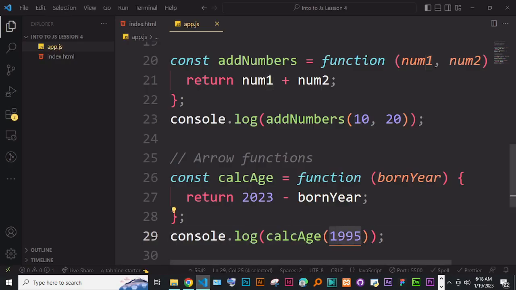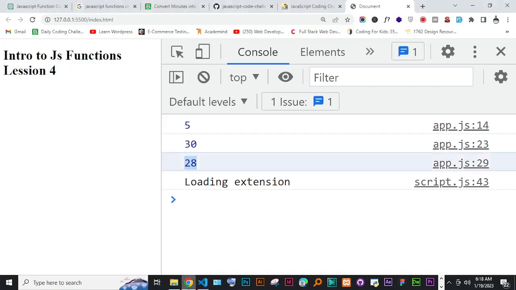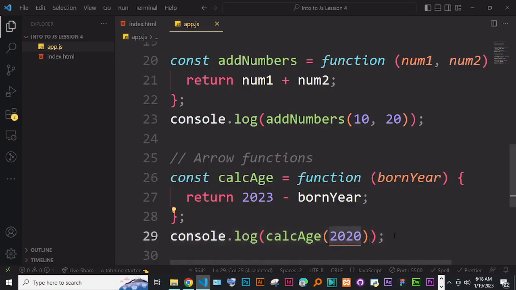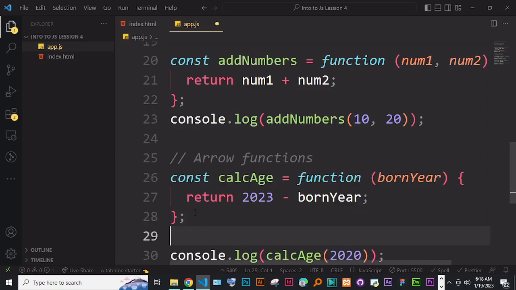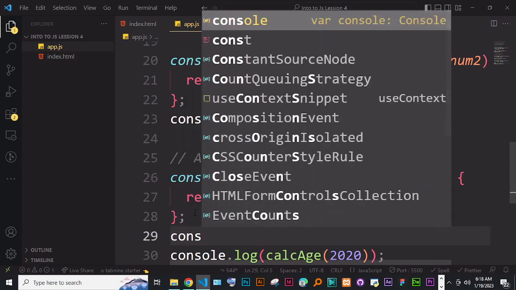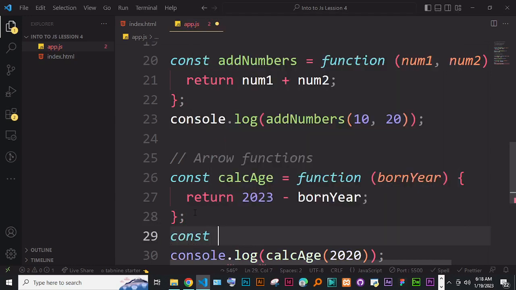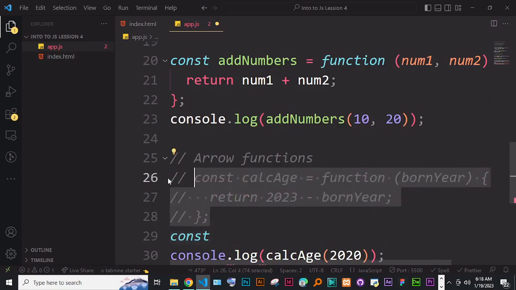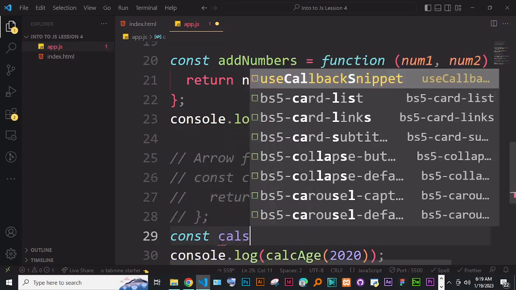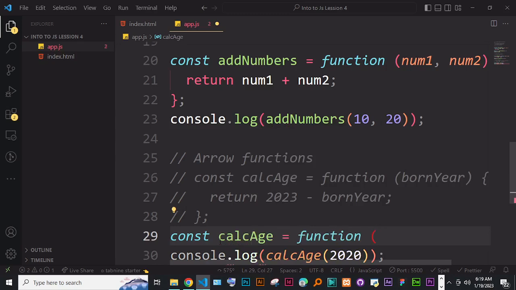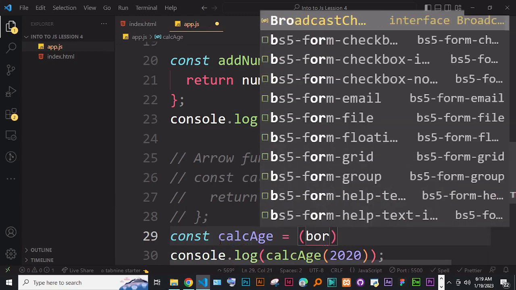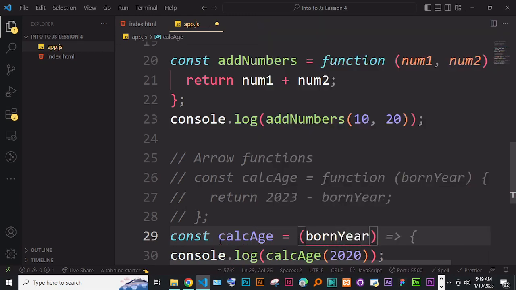If I put something like 2020, this person is 3 years. Oh, okay, great. So if this calculates the age, how do we change this to be an arrow function? If I want to write this as an arrow function, we could say const, let me just comment it, const calcAge is equal to bornYear, and then it returns